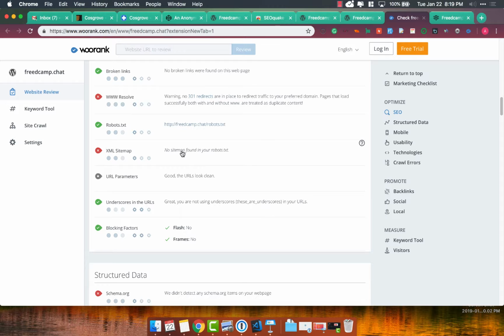Do you think Google comes to your page and can instantly tell what are all the sub-pages you might have with amazing content? No, I mean, their bots will sometimes keep going deeper and deeper, but if you had a sitemap, especially in certain situations, so let's say you're running some kind of a community and you have thousands of pages, basically for each one of your members, there's a profile page. Google's not going to go thousands of pages with their bot trying to find every piece of information, but if you give them a sitemap, they're much more likely to go and get whatever data is on those pages out